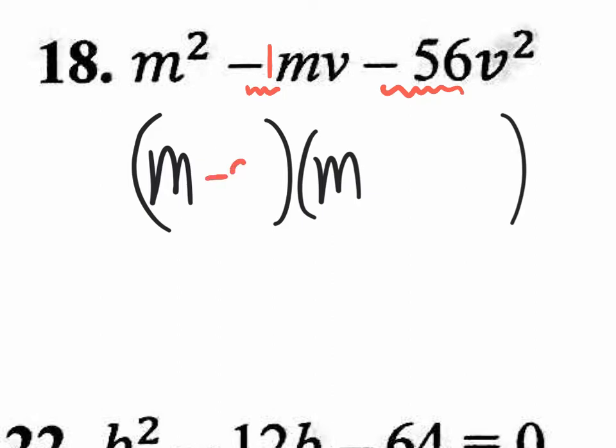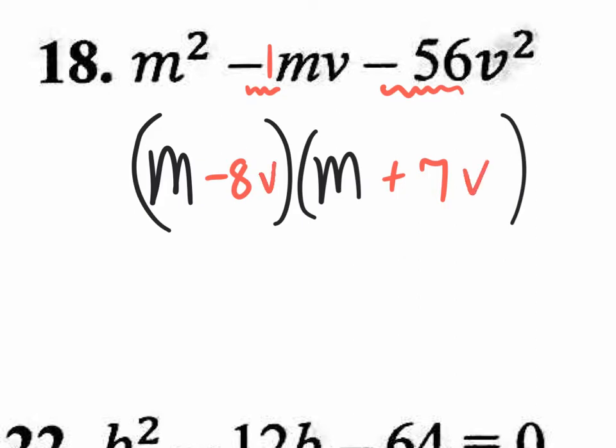That would be a negative 8 times a positive 7. However, if I look at negative 8 times positive 7, that's negative 56, but I need a v squared. So guess what else is going to be right here and here? A v, that's right. So put a v right there and a v right there, and that's the correct factored